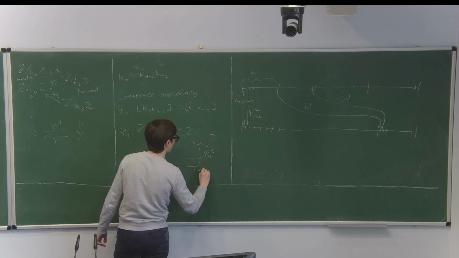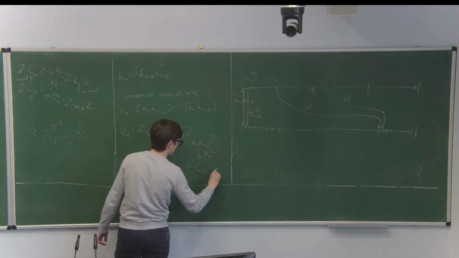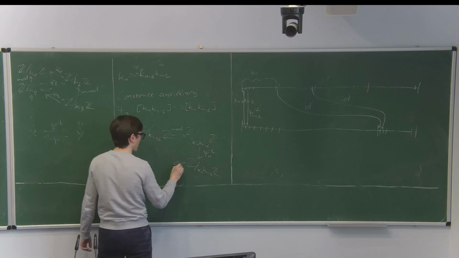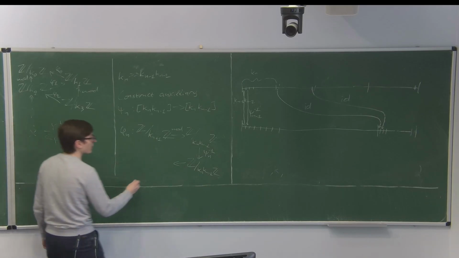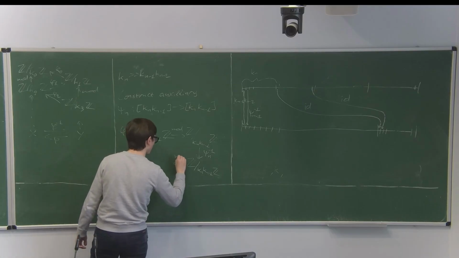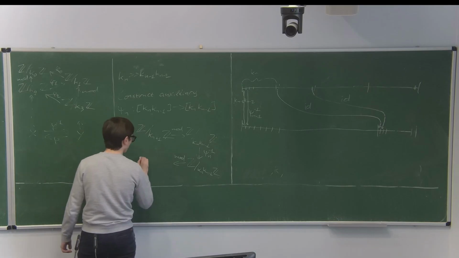Kn minus 1 Z. And then I project down to where I need to project, which is this. So another mod map will bring me to Z,